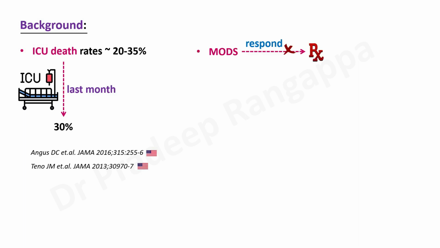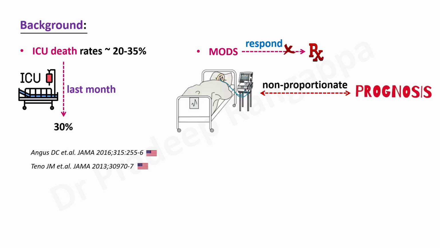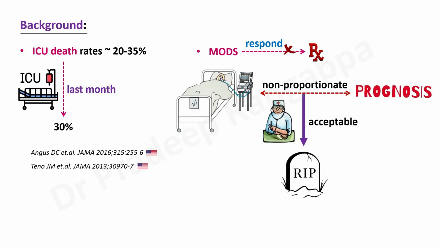And the typical patients where one would be concerned about palliative care in ICU, we'll talk about different conditions. Any patients who have multi-organ dysfunction and are not really responding to whatever organ support or treatment modalities we may have instituted, and the patient is on life support and all the other supports which are not proportionate to the prognosis. So you are giving a lot of support, but not necessarily will the patient get better from all these supports and have a good prognosis. This is where intensivists should facilitate the process of palliative care science and take them through the process of an acceptable death of the patient.